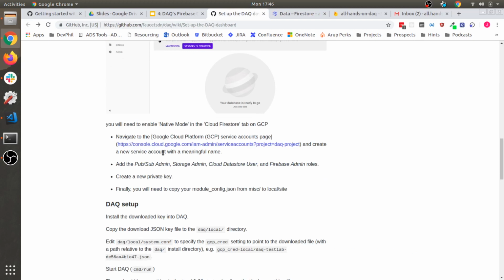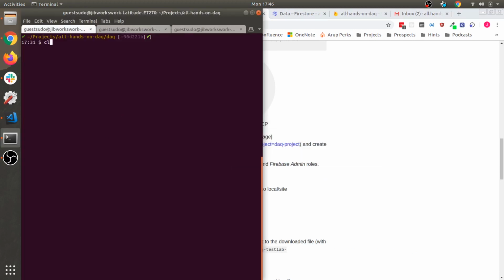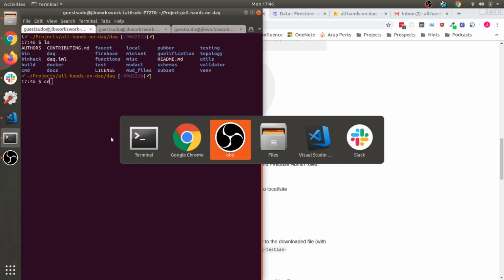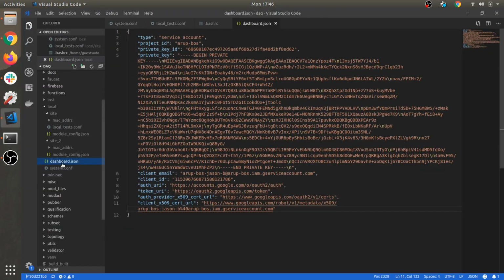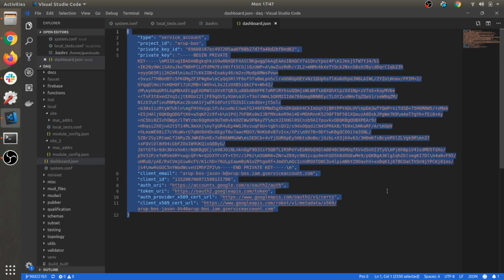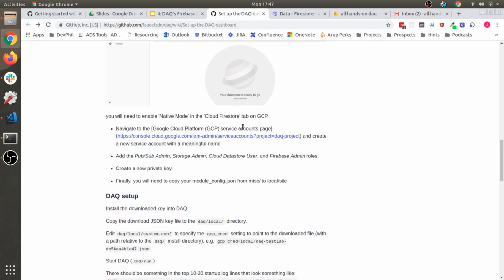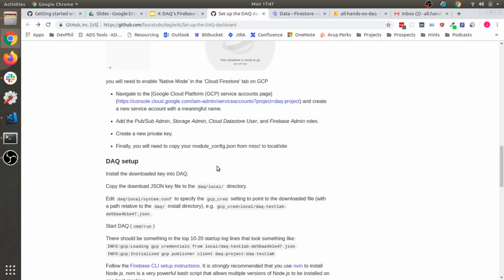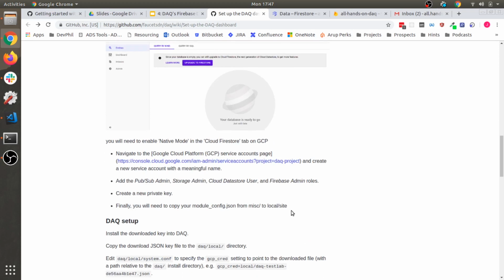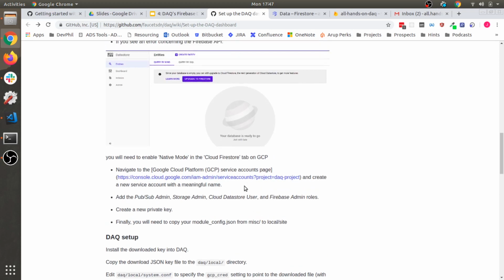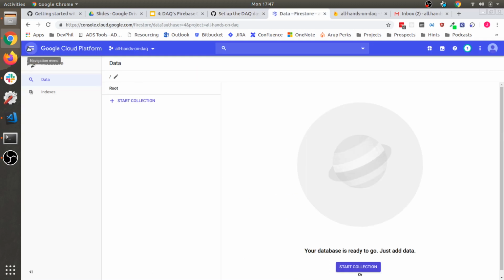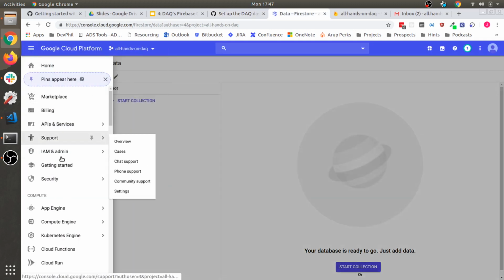All right. So, if we go back to what we did in the last video, so just open up our dashboard.json. What this is in GCP speak is a credential set for a service account. So when the wiki is saying that we need to create a service account, that's what we need to do. And this private key thing is what we're going to download. So let's just go to the service accounts page, as it's telling us to do,